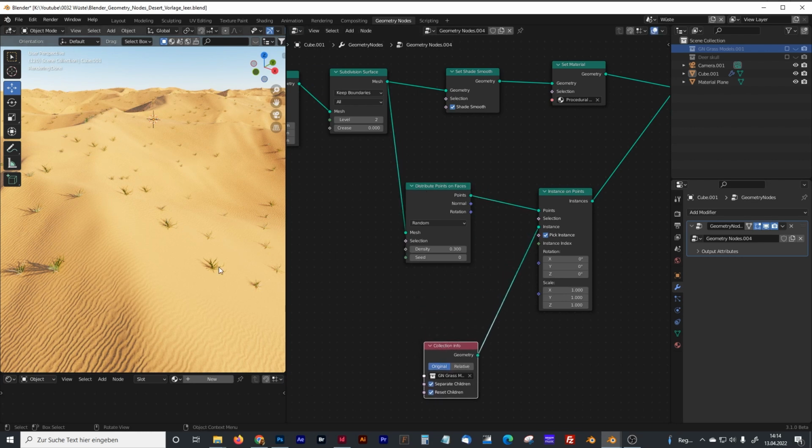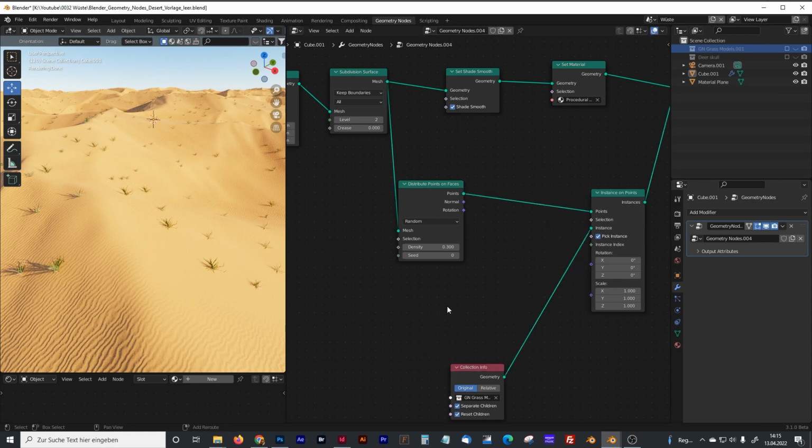Also, we can't see it because the distance is very, very high. So to do that, we need a rotate Euler node, and we plug that in between our distribute points on faces node and our instance on points node. And now connect the rotation channel with the rotation of our rotate Euler node, and that one we will plug into our rotation node. And what this does,